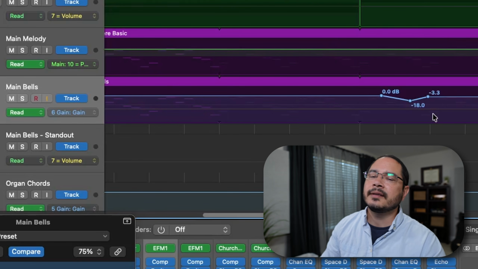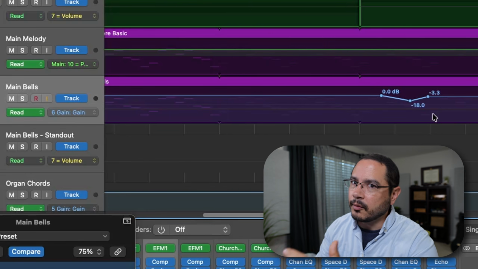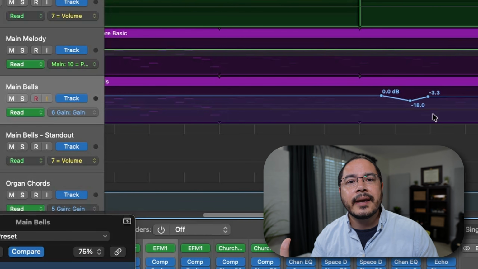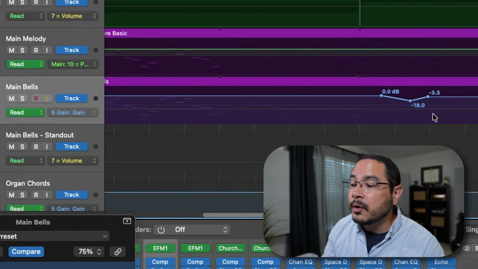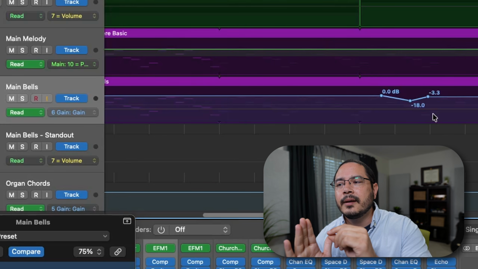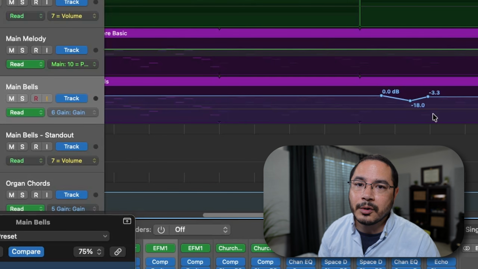The beauty of this is, like the previous method was trying to show you with the relative versus absolute, but it's so buggy. The gain plugin is giving you those relative volume changes. So you still have control of your fader, and no matter where you set it, all we're saying is +1, +2, -1. You still have control of your fader.